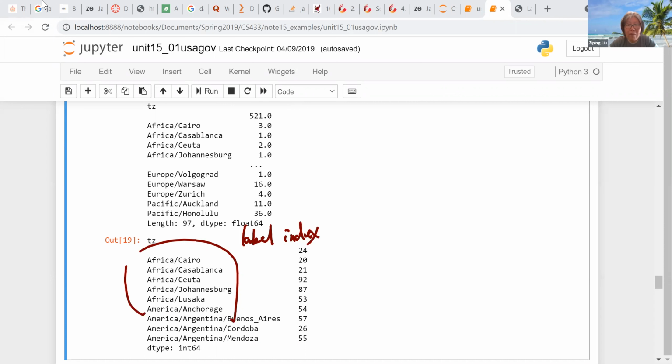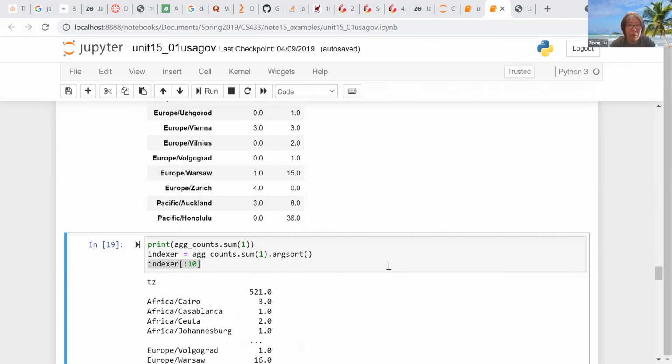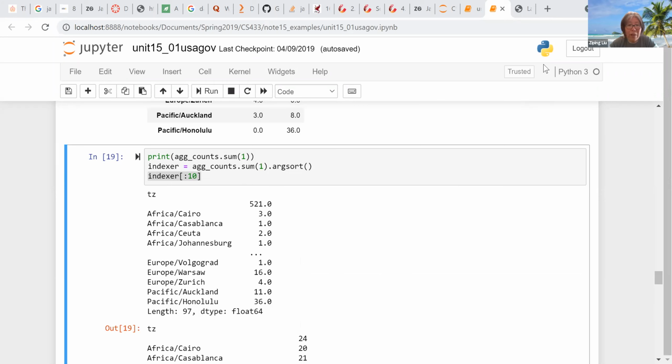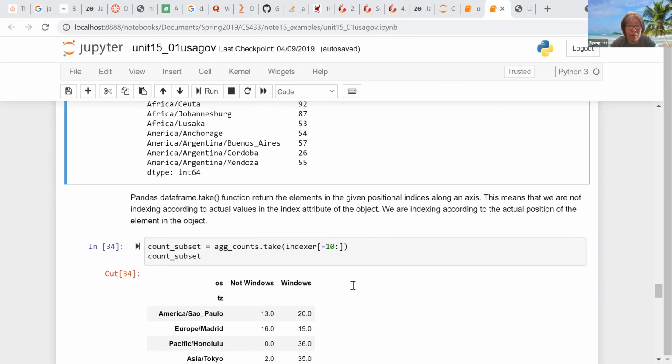And what over here just shows us is that you add the two columns together as results. And then you're going to do the arg sort. And after that, if you wanted to show